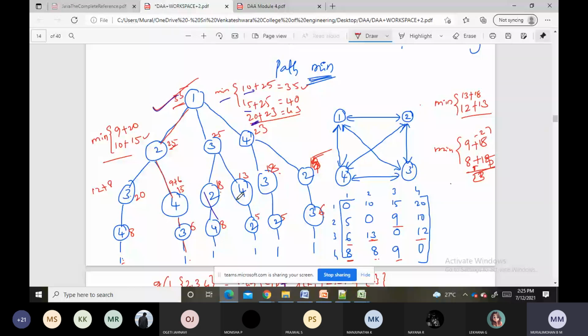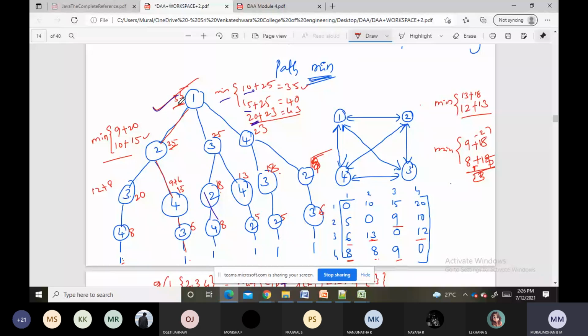And also we have drawn and calculated the various distances for each of the routes. If we are at vertex 4, then the obvious thing is we should return to vertex 1, so the distance is 8. Suppose we are at vertex 3 in this path, then we should go to 4, then 1. Suppose we are at vertex 2, then we should calculate which is the minimum route we should follow, either 2 to 3 to 4 to 1, or 2 to 4 to 3 to 1, right?